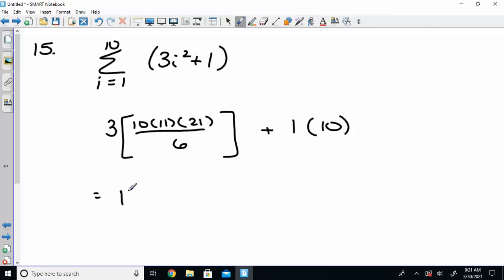What was it, 1,165. So on the test, most likely either I'll give you a very easy one to add up, or I'll say set it up but do not evaluate, and you would be able to just leave it like that. So the daily test, if we forget something, can we do it in the longer